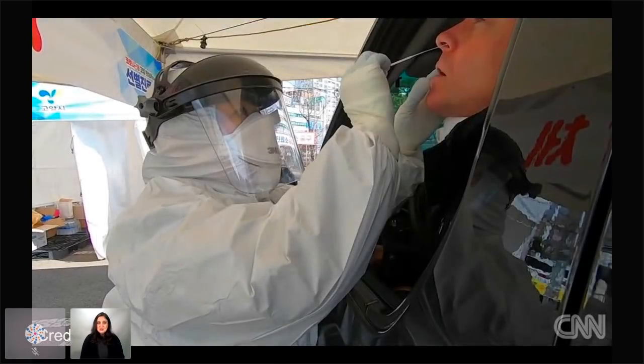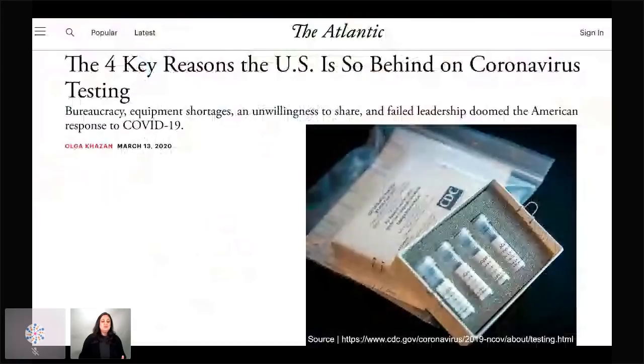This is a picture of a healthcare worker in South Korea doing drive-through testing. And the reason the South Koreans were so effective at this, I mean, they have a capacity of up to 20,000 tests per day, is that people who want to get tested don't have to pay for the test, and they can just drive up in their car to essentially a healthcare worker who's in a hazmat suit. And what they do is they swab their nose, they swab their mouth, and then they can send it off for testing. Within a couple of days, the person who's come through the drive-through will find out whether or not they're corona positive.